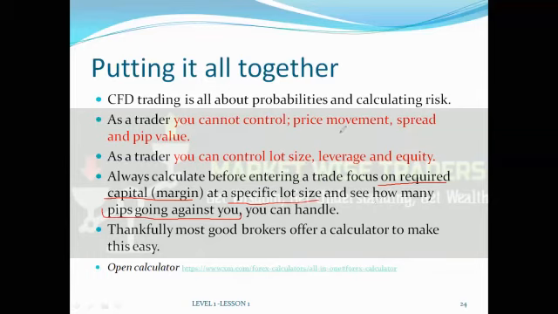Because if your capital is say $10, and for you to control that 0.01, we said this is 10. So you need to find out the pip value. Remember I gave you the example when it's on minus 20 pips. If it's on minus 20 pips, already you are at another minus $2. Basically, 20 pips equals minus $2. So the brokers don't tell you that. They just tell you how much you need to put up front.